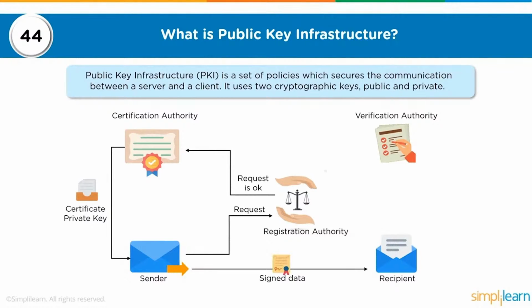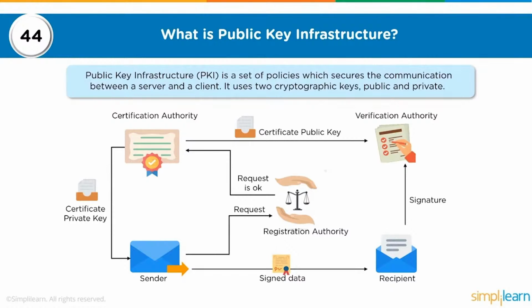So when the sender is going to sign some data and wants to send it across to the recipient, they will use the public key to sign it and send it across. The recipient will then validate it with the verification authority to see if the signed data is correct or not. Now, while the certification authority sends the public key to the sender, the certification authority updates the private key with the verification authority. So whatever is signed by the sender, received by the recipient, and they want to validate it,